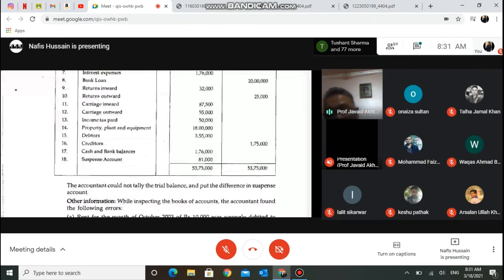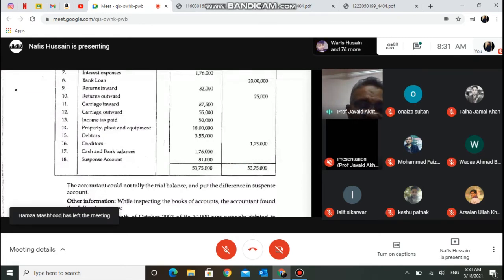You don't wait, you don't continue trying to find out this mathematical error, because if you continue finding it out, you may get it within 10 minutes, 2 hours, 3 hours, or you may take months and years before you can reconcile. Therefore, what law requires is: whatever is the difference, take it to suspense account. Take it accordingly to the balance sheet. Close the chapter, and next year, let us say from 1st January, continue finding out the errors.